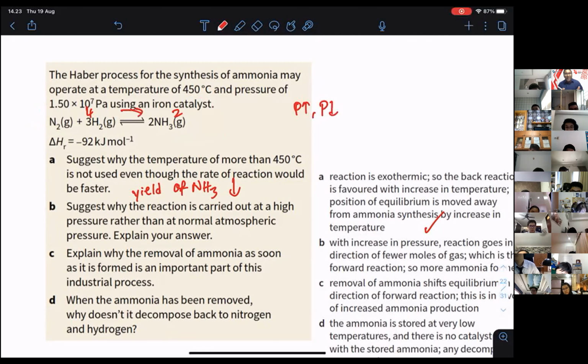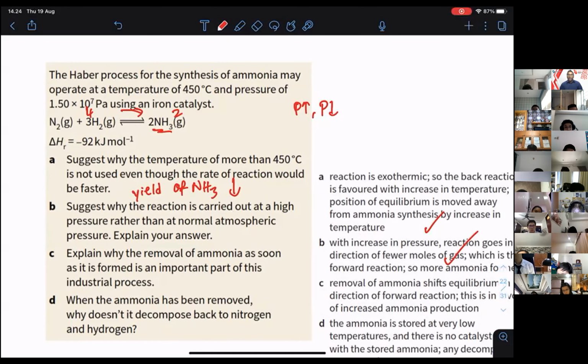By favoring the lesser number of molecules, you move to the right. So you are forming more ammonia. Of course you want more yield of ammonia. That's why you are doing that by increasing the pressure. Okay, you can read. And then they say, explain why removal of ammonia as soon as it's formed is important